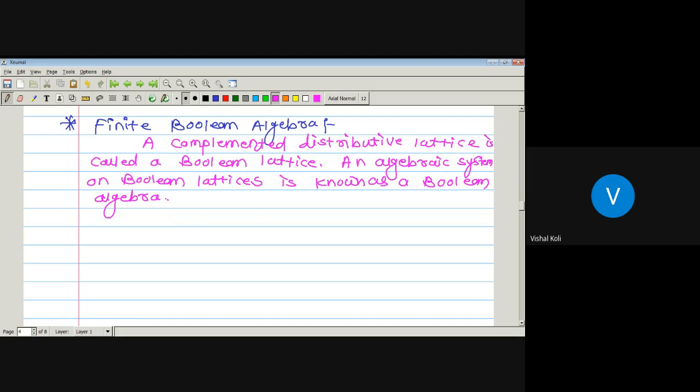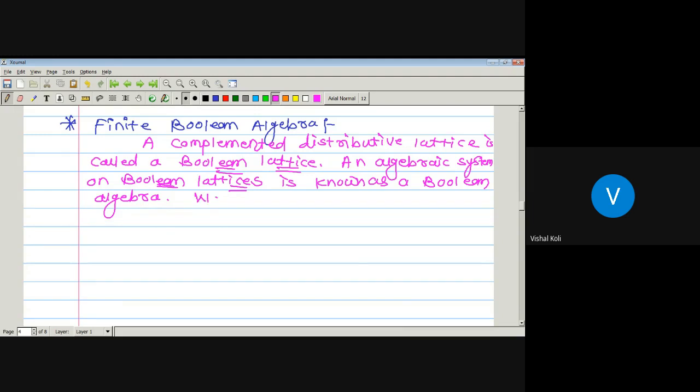Algebraic system means that if your given Boolean lattice is closed under one or more operations, then we say that the corresponding Boolean lattice is closed under some extra operation, be it union, intersection, or complement. Such a Boolean lattice is then converted into our Boolean algebra. So a complemented distributive lattice is a Boolean lattice, and an algebraic system defined on these Boolean lattices is known as a Boolean algebra, and we can denote it by,